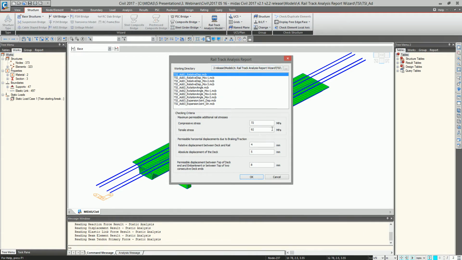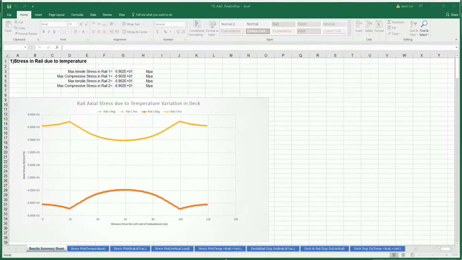Afterwards, we can also assign some checking criteria, such as compressive stress, allowable compressive strength, or tensile stress in the rail, or a horizontal displacement, or displacement between the top of the deck and embankment, or between the bottom of two consecutive deck ends. And when we click OK, the software automatically compiles all the results from these models, and it will generate a report. And the report